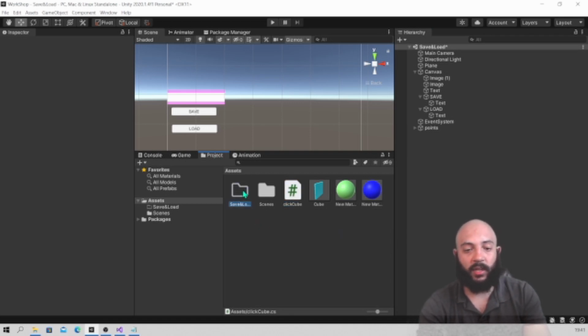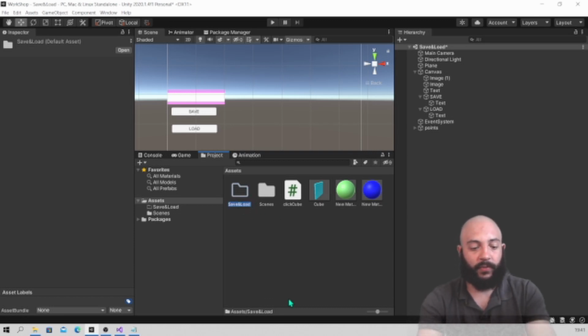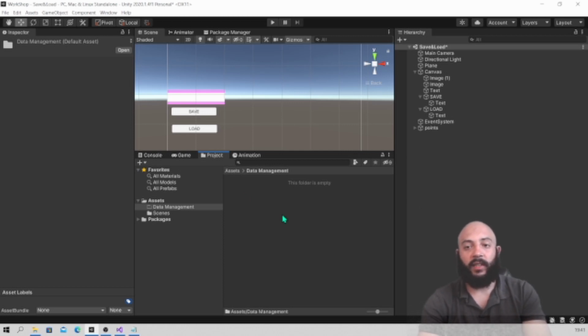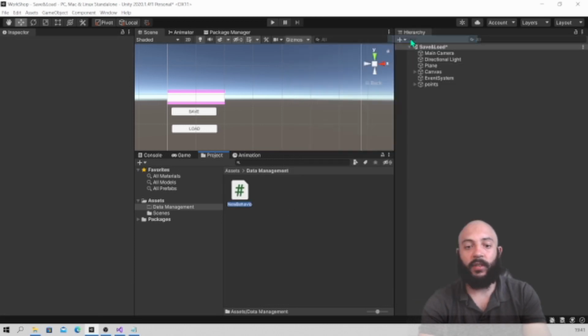So for starters, I'm going to have a folder here, and I'm going to rename this folder data management. Okay, so data management, and inside this folder we need a script first and foremost, and this script is going to be the class that is going to actually contain all our data. So we can call this one player progress,